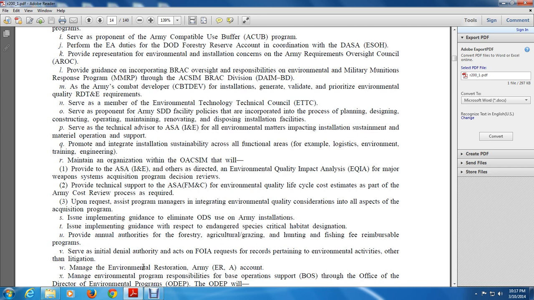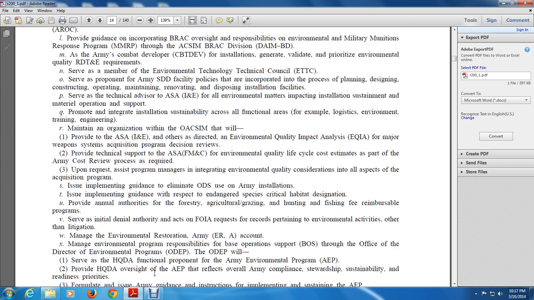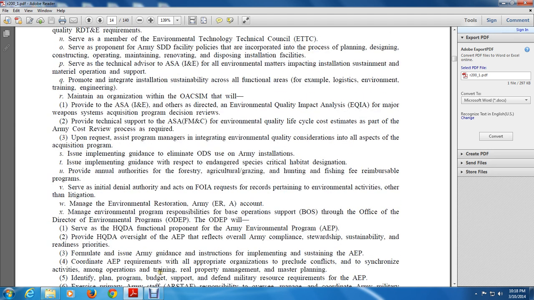Army ERNA account and management of the environmental program, responsible for base operations (BOS), be it the Office of the Director of Environmental Programs, the ODEP. ODEP will serve as HQDA functional proponent for the Army Environmental Program, the AEP. The headquarters oversight of the AEP reflects the Army's compliance, stewardship, sustainability, and readiness priorities, and formulates